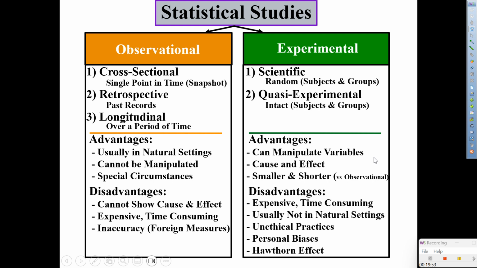With that said, so far we know the differences between the two. We know the most commonly used ones. But the one that is used the most, guys, out of these two, observational and experimental, is experimental. Why? Because these are the ones that you can actually do in a setting where you can manipulate the subjects or the groups. Okay? So, put your utensils down, look up to the screen, please.